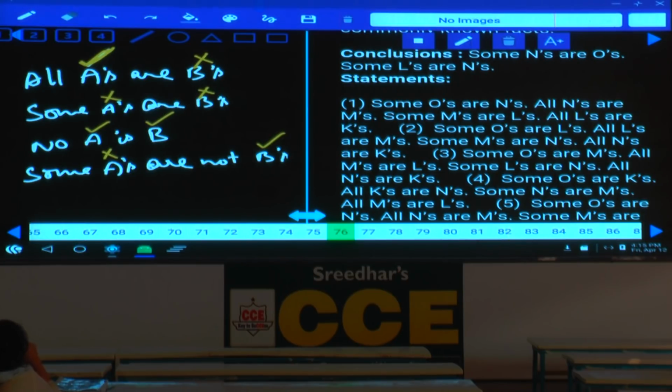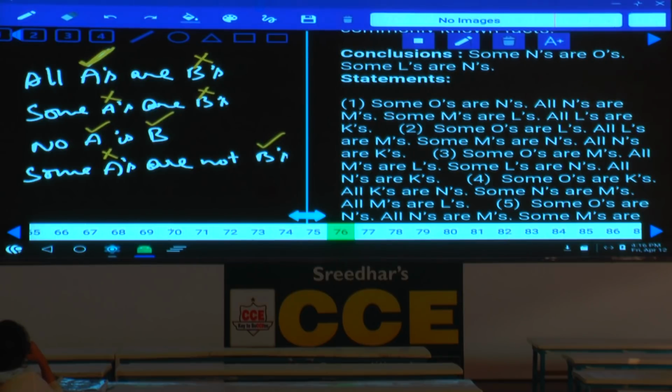Now, sir, in each of these statements, how many words will be there? 2 words. One is A and another one will be B, isn't it? That means we need to have at least 2 statements in order to draw a conclusion. And each statement is having how many words? 2 words, A, B, A, B. And in total, how many words do we have? In these 2 statements, there are 4 words. As there are 4 words in these 2, how many different words will you have? Only 3